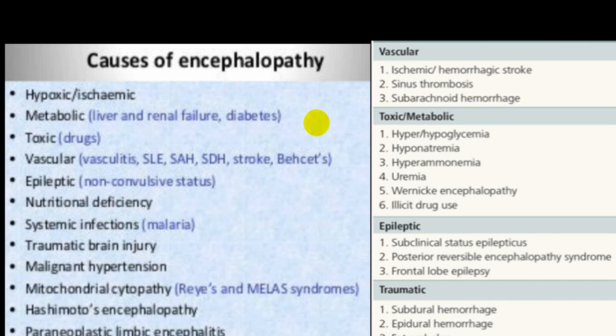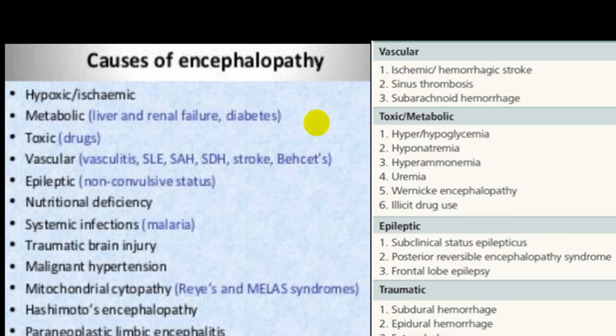Among vasculitis, particularly in SLE, then stroke, Bassett syndrome, subarachnoid hemorrhage, subdural hematoma, epilepsy during the non-convulsive phase, we call postictal phase, nutritional deficiency like Wernicke's encephalopathy, which can also end up in Wernicke's Korsakoff encephalopathy, systemic infection like cerebral malaria, traumatic brain injury,